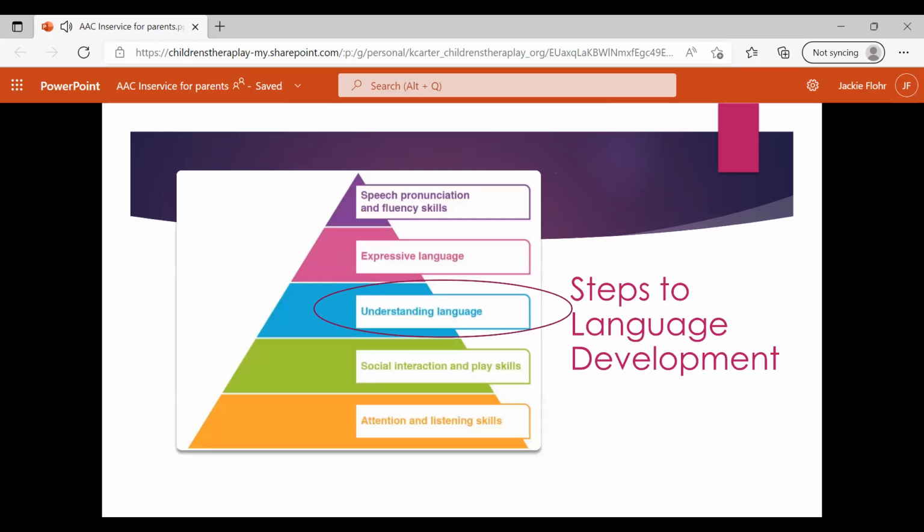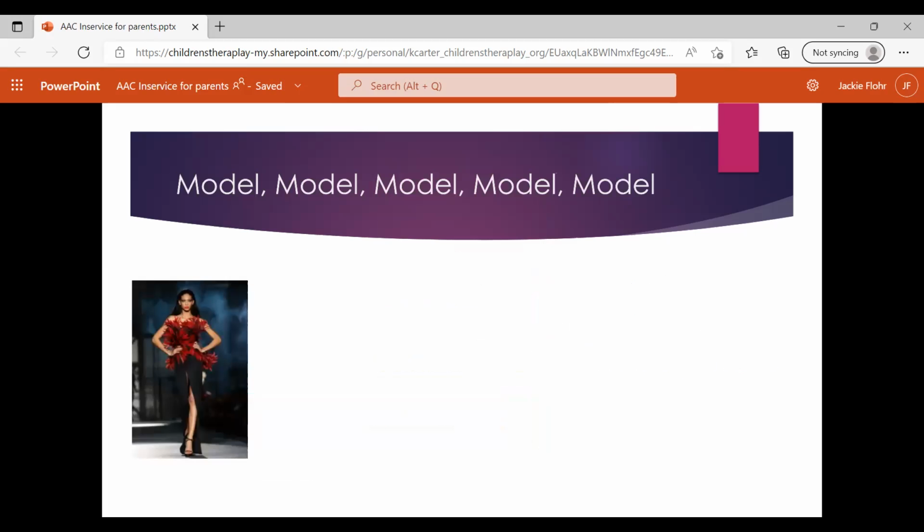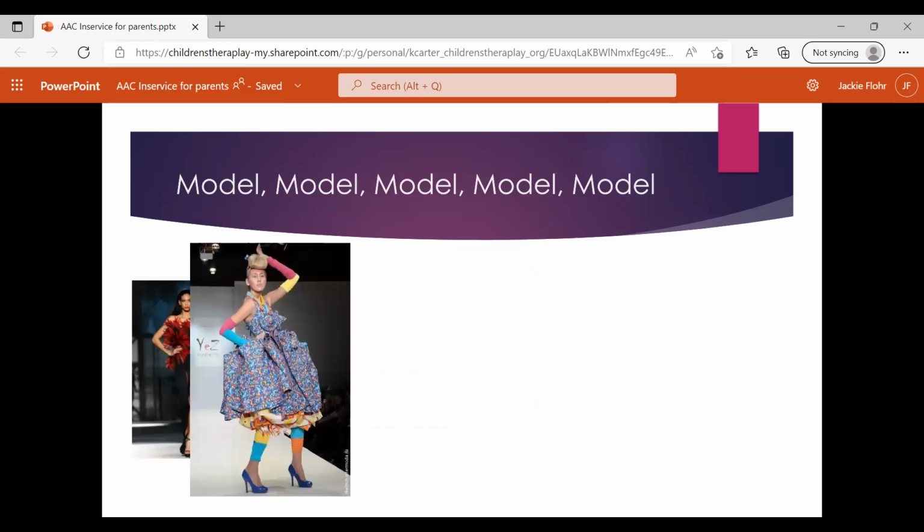So, the next step to language development is our understanding of language. So that's helping a child understand what the icons mean or what a device, how it can be used for that communication. So for our next slide, we have to model,